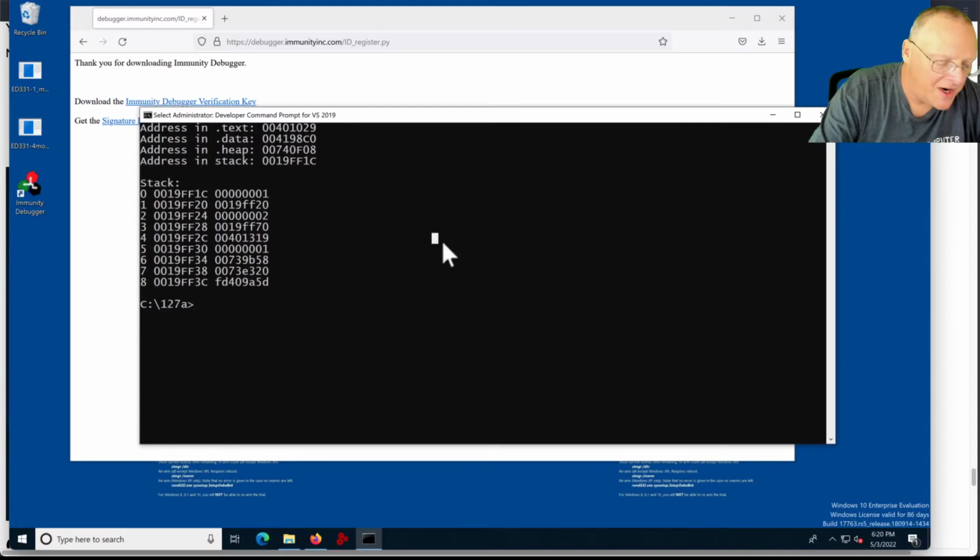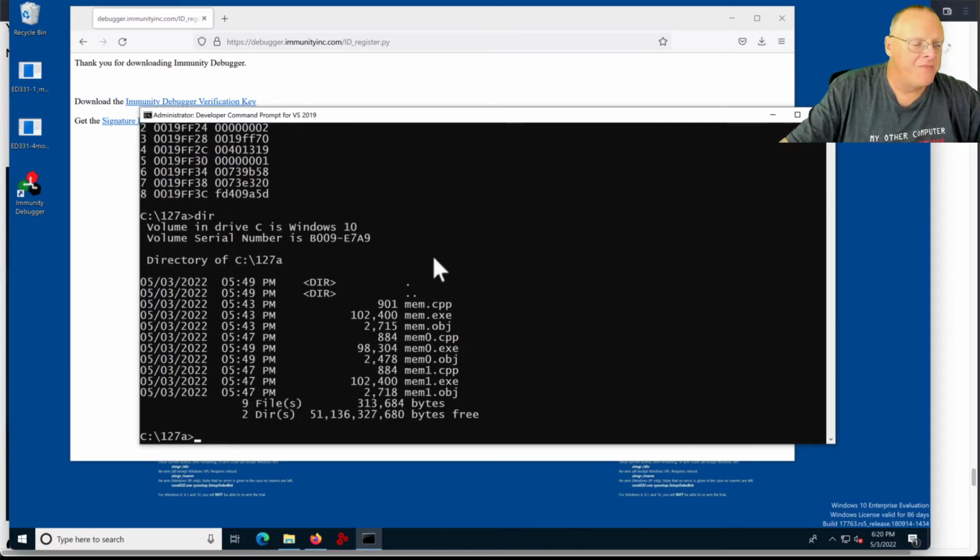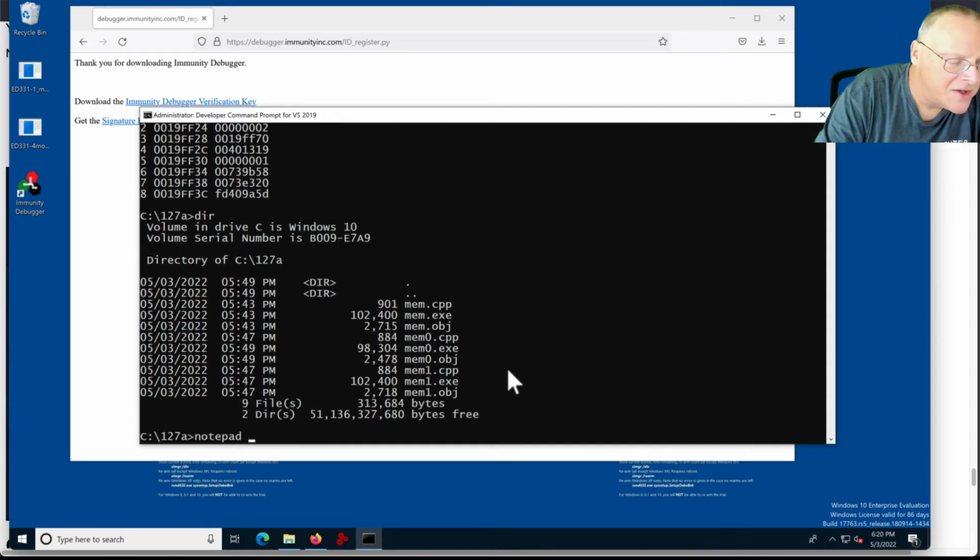So if I do a directory and see what I've got here, I've got a program called mem1 and one called mem0. And mem1 is 102,000 bytes. This is compiled with standard protections, and mem0 is compiled without the standard protections, without address space layout randomization, and without stack cookies. And what this program does, if I look at the contents,